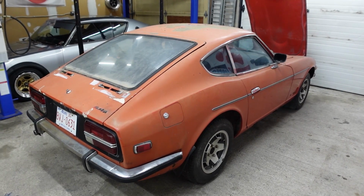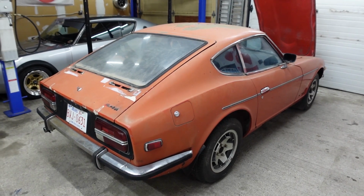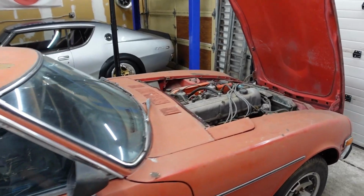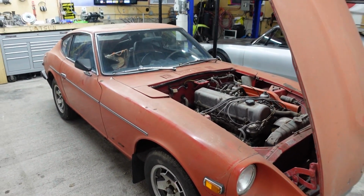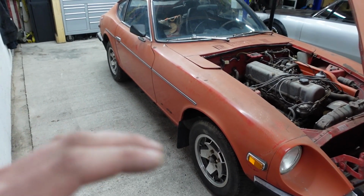Even though the money would be fine and the ROI would be there on the car, it just made the most sense to send it to somebody that does a lot of low VIN or Series 1 cars to begin with. So yeah, that's pretty much about all I have to say about this. I'd love to hear what you guys have to say. I really wish I would have had the footage of going and picking it up, but it was just sitting